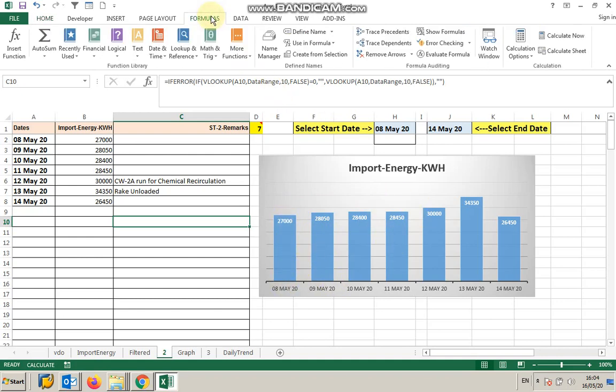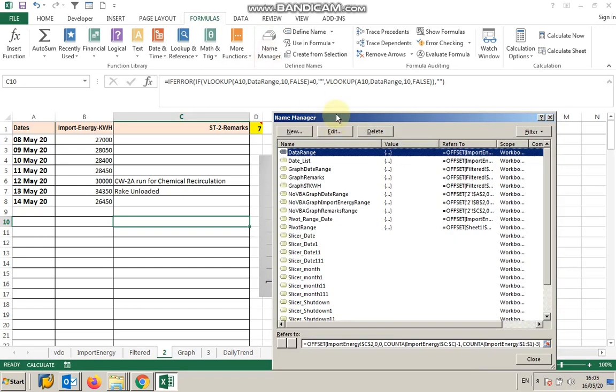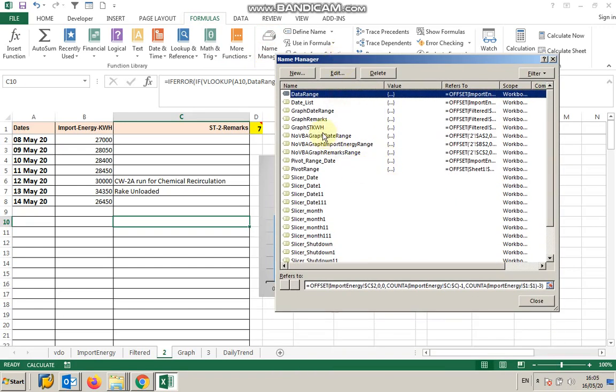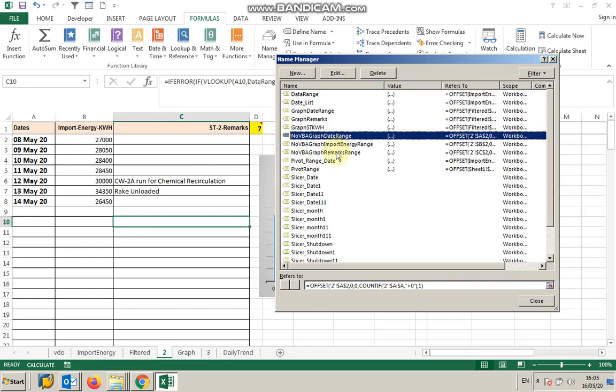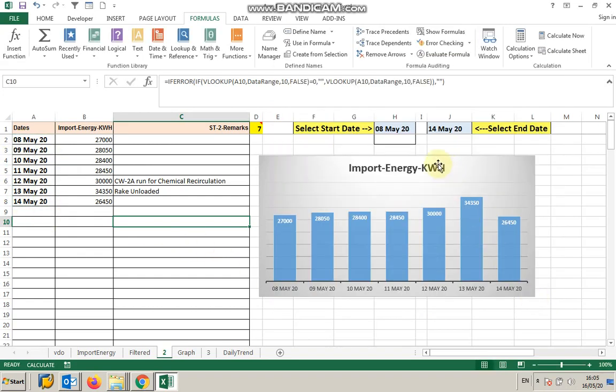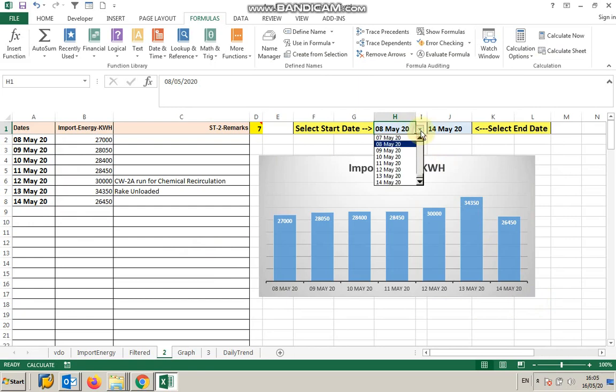So how can we do that? We should go to the Formulas tab, then Name Manager. Then I have made this no-VBA graph. Here the OFFSET function is being used, so you see that only this column is selected.